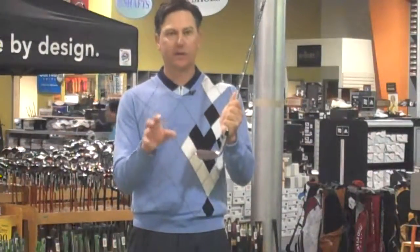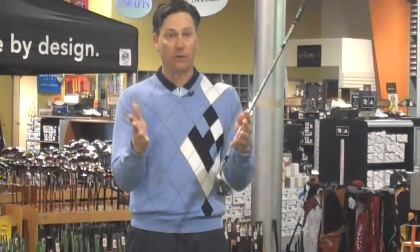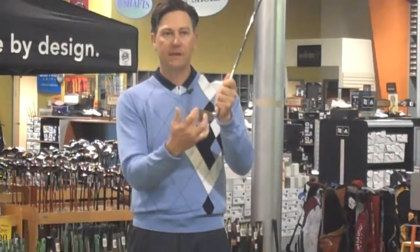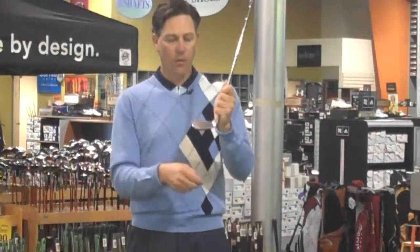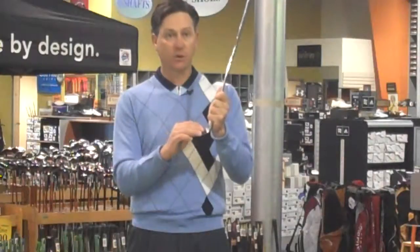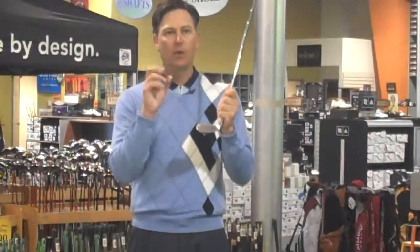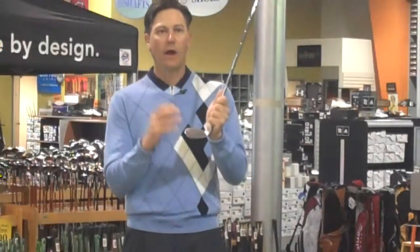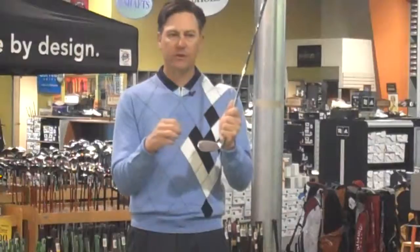These grooves act like radial tires. Radial tires disperse the water on the road, get more rubber on the road, hence better traction. These grooves disperse the grass out of the rough so that the ball and the club face meet, creating more spin. Around the greens, you're going to find this ball stops much quicker. It may fly a little bit lower when you first get them, but the ball has a lot of spin and it checks. Out of the bunkers, the ball will spin more and stop quicker for you. So I highly recommend these new tour grooves, zip grooves, manufactured grooves, sharp grooves, whatever you want to call them,